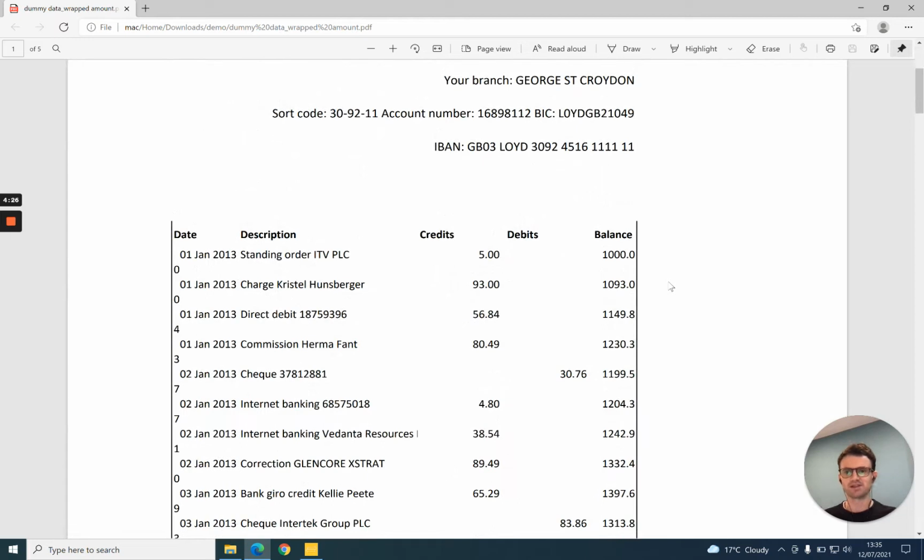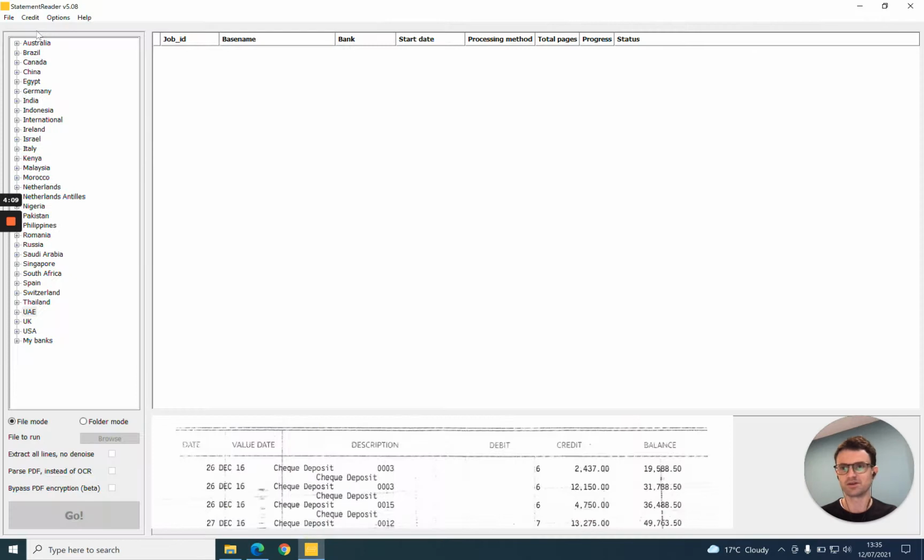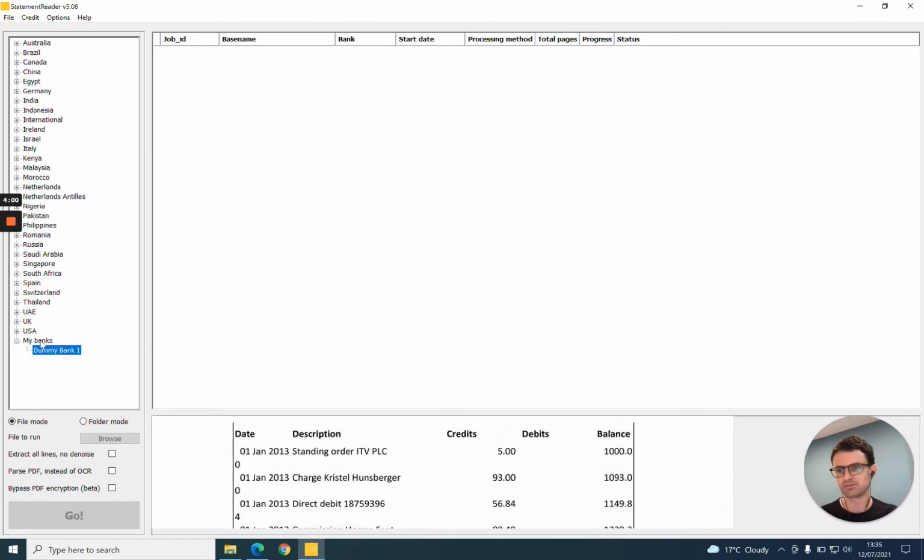The way that we're going to do this is use a statement template within StatementReader. Actually, you'll need to contact the StatementReader support team for them to create a template that would deal with this formatting issue. So you can do this from the file menu. You can request bank layout, and the team will get back to you with a structure and some very quick